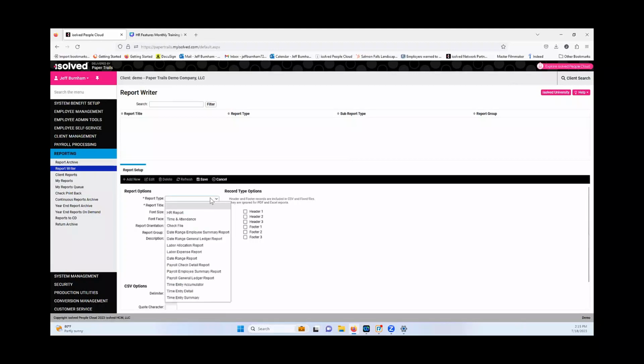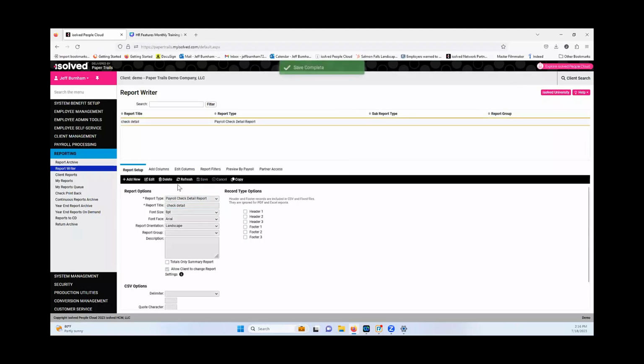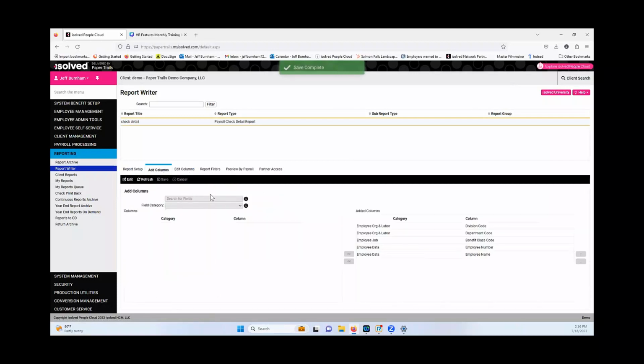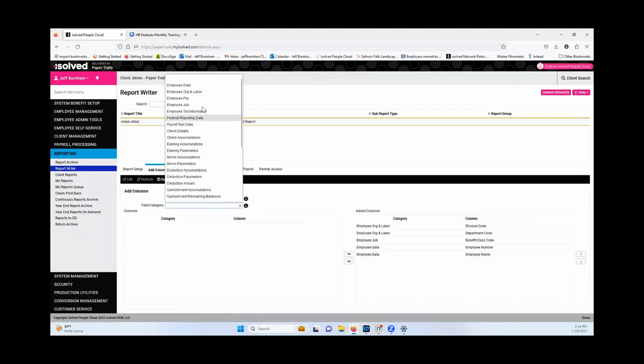So we're going to go ahead and create a payroll check detail report. And we're just going to call this check detail. If I click on save, I can then start coming in here to edit this. And I can add columns. If I want to add some columns, I want to go ahead and add in